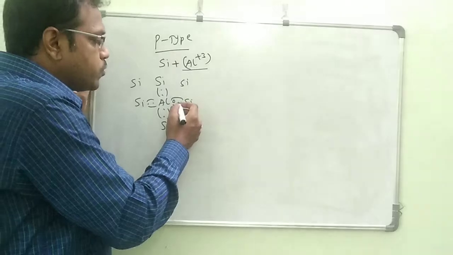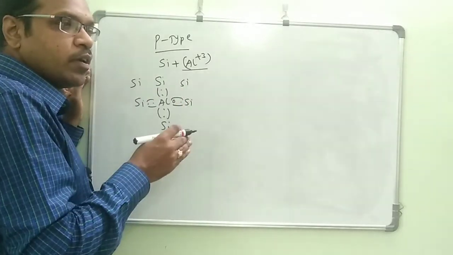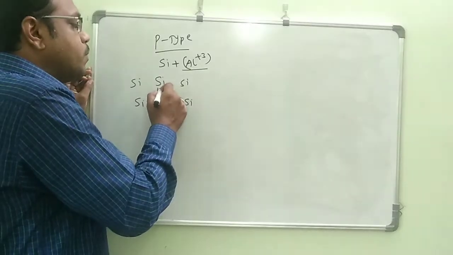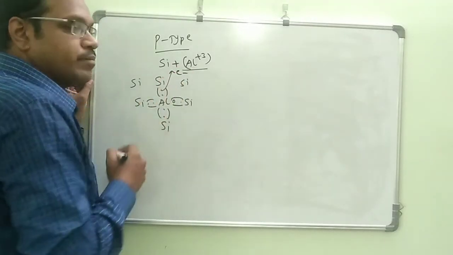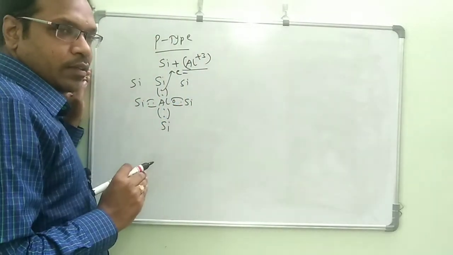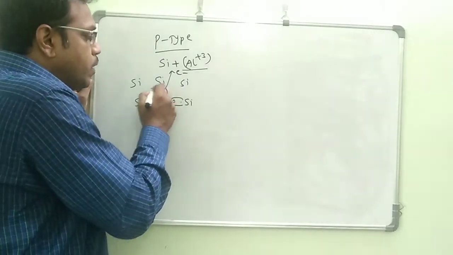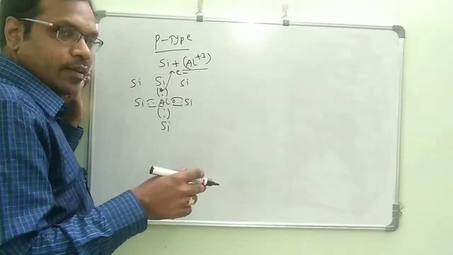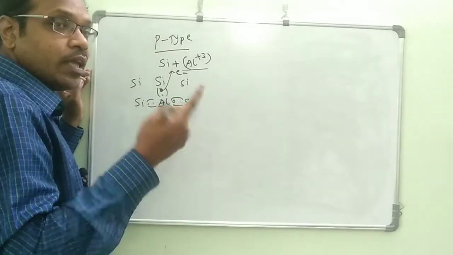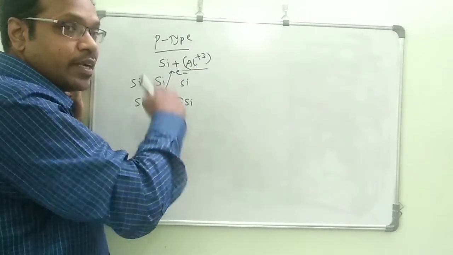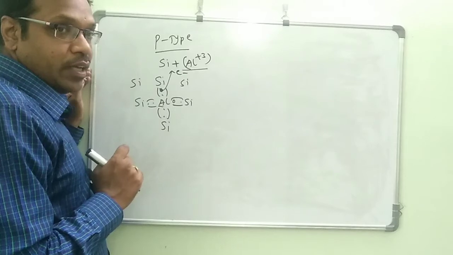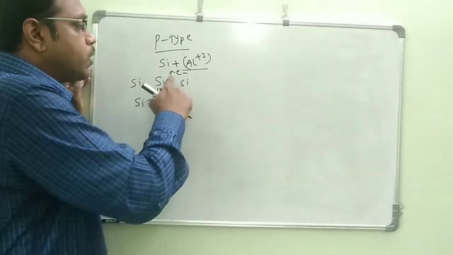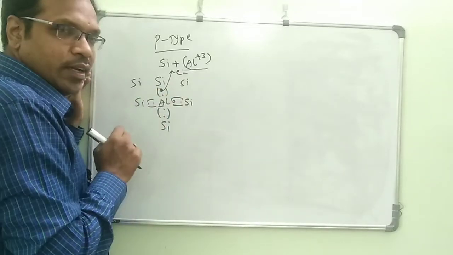Not only that, because of the rise in temperature, some electrons will come out. They will go to the conduction band, so that here one hole will come. So one hole is because of adding aluminum, and one hole is because of thermal excitation. Electrons will excite because of the heat energy. When you raise the temperature, electrons will go into the conduction band, so that electrons will be fewer and holes will be more.